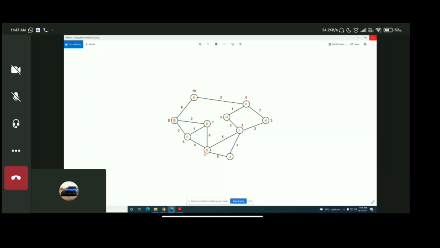A, F, G, I, J, उसमें f of n क्या लिखा आपने? g of n plus h of n। g of n आपका होगा 3+1+3+3 और ह्यूरिस्टिक फंक्शन 0, तो आपका ओवरऑल कॉस्ट कितना आएगा? 10। ना, वो शॉर्टेस्ट पाथ है, A, F, G, I, J।